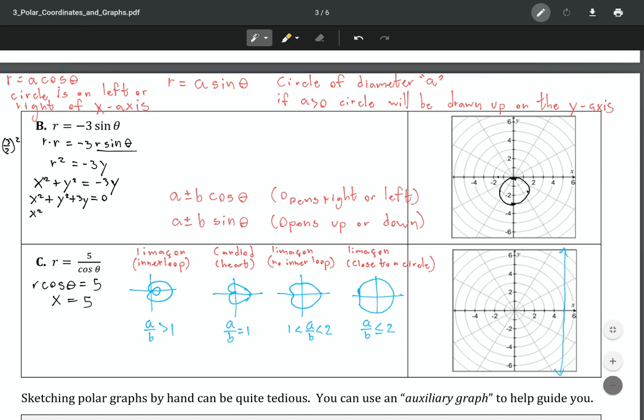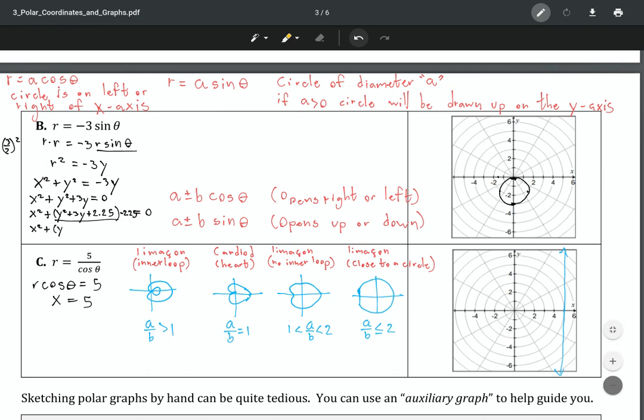So I have x squared plus y squared plus 3y plus 9/4, and 9/4 is 2.25. Now, whatever I just added, I have to subtract, because technically I can't just add something to one side of the equal sign without getting rid of it at the same time. So now, when I factor this left side,